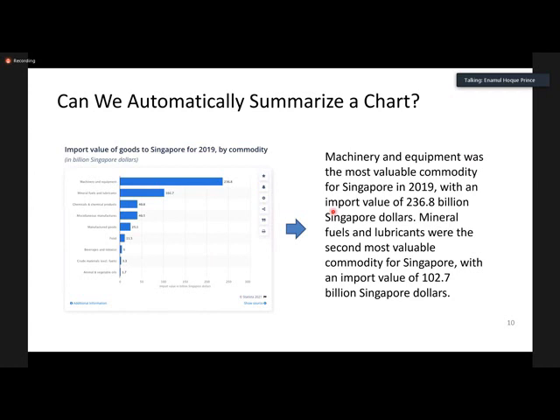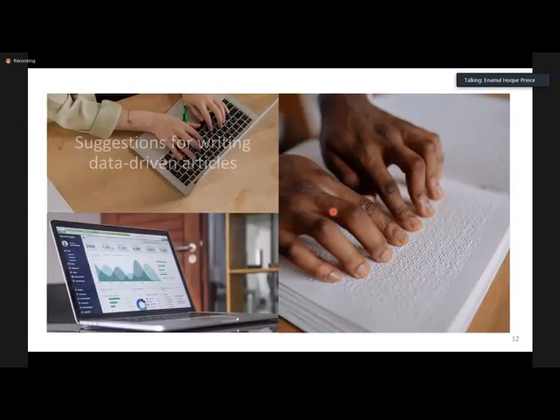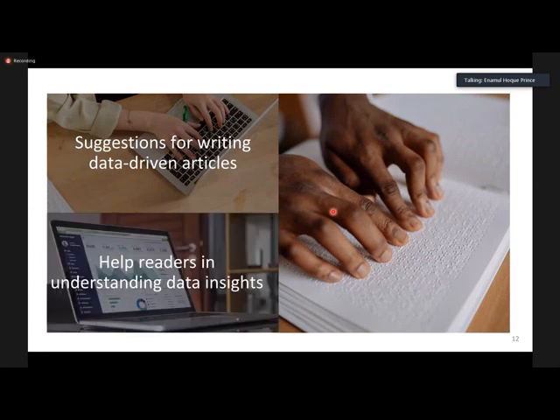For example, if you automatically summarize a chart, you can help journalists or people who are writing reports by suggesting text for a given chart. Another example is readers who may not be familiar with complex data visualization; we can provide this summary to help them understand the critical insights in the chart.